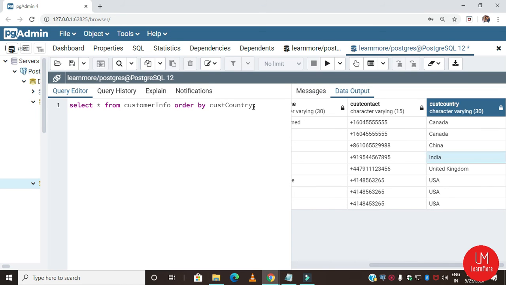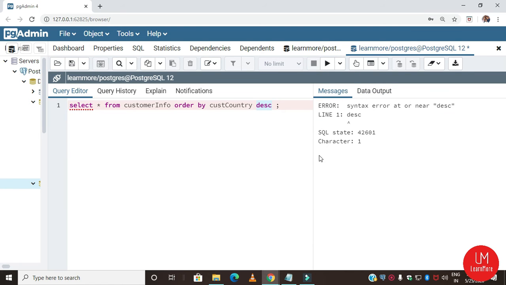If you want to order in descending order, you have to specify the sort order here. I have specified descending. Then you can execute this query. There is a syntax error.